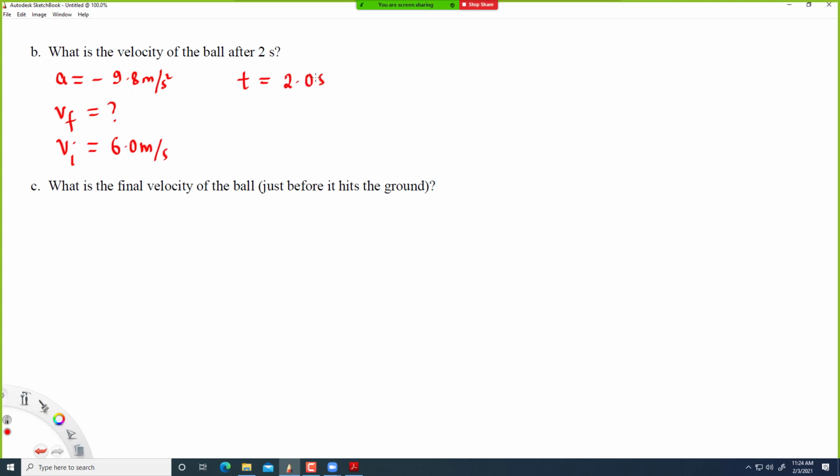Again, to solve any kind of problem, we only need 3 quantities. Once we have 3 quantities, then you can find the rest. So decide which one you want to use. So we have this formula,